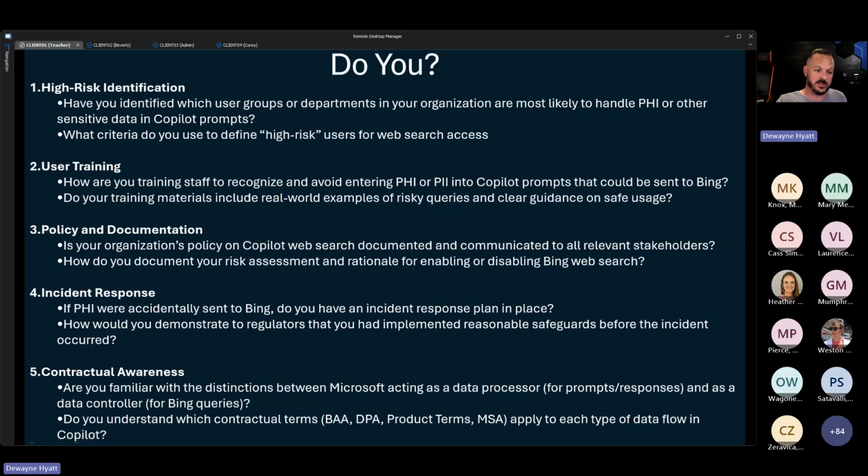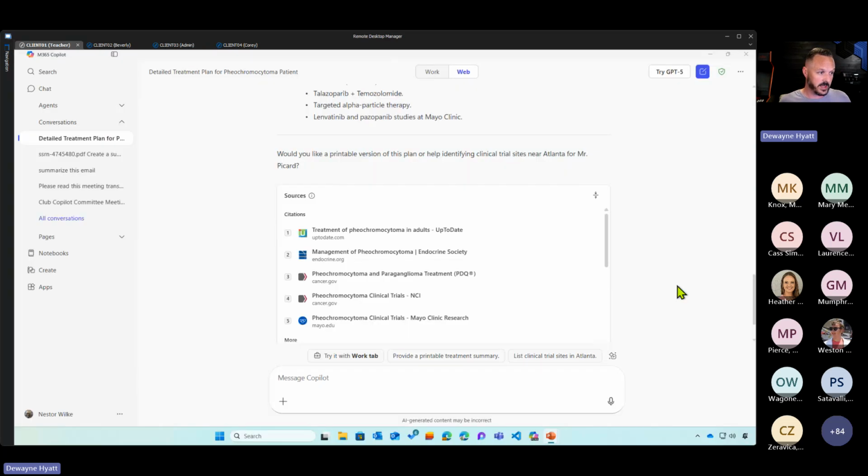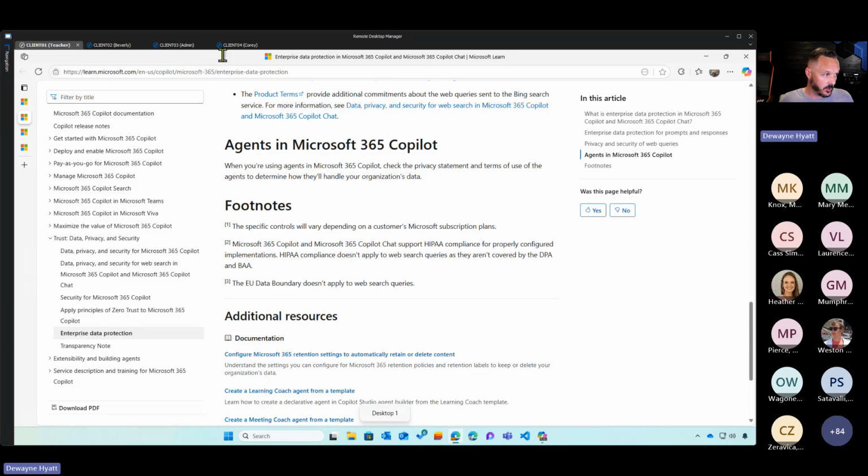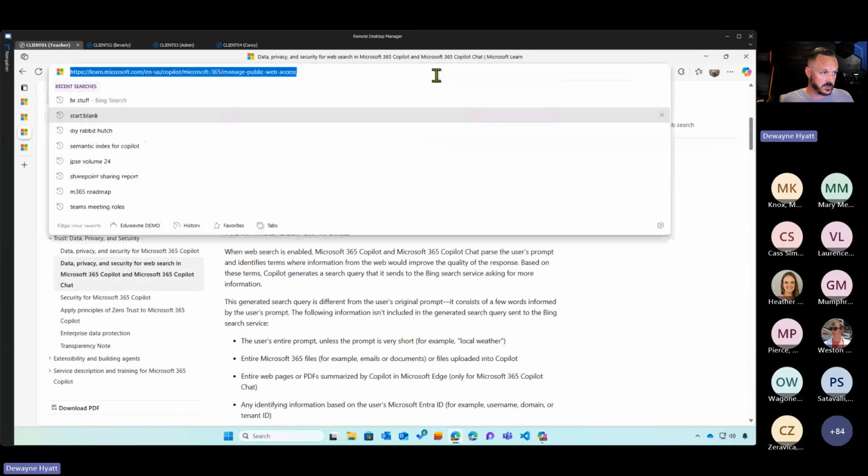Are you looking to see what got sent over to Bing? And are you familiar with the contractual commitments that apply to those search queries? Remember, we've got the aka.ms web query product terms put in the chat so that you can get to that. But we'll pull that up a couple more times. I've got a couple more links here too. I'll throw this one in the chat